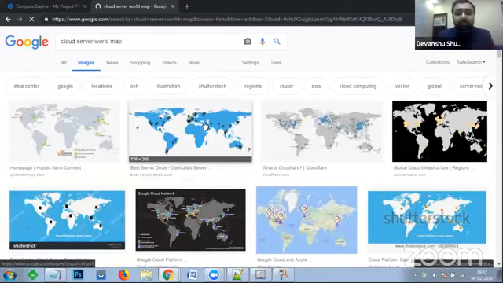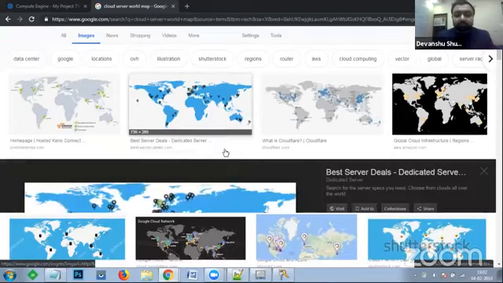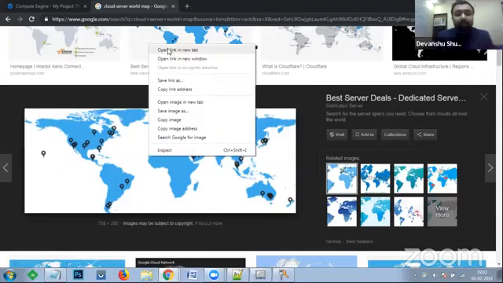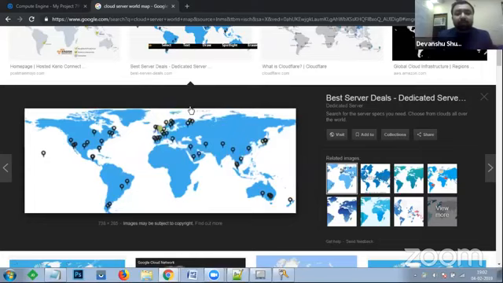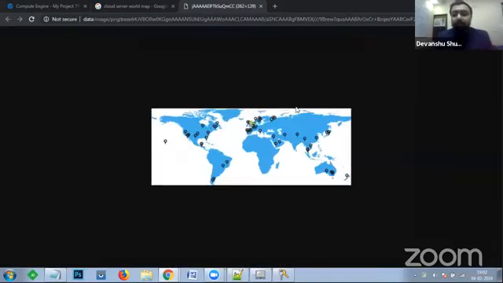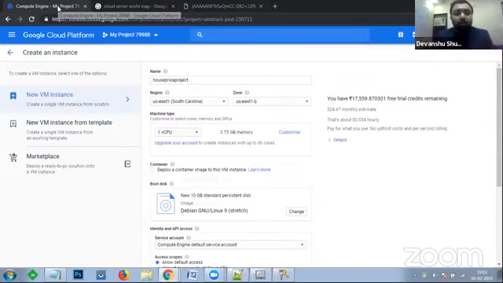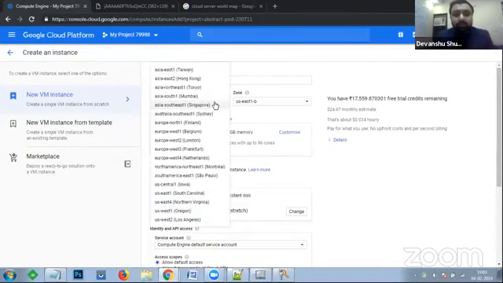As you see here, I've got some dedicated server kind of images. This image is taken just for explanation purposes. You don't need to worry about it. This image is going to be an example image, which I will be taking just to explain how you should select the server. If I open this image in a new tab and make it a little bigger, here you can see that when you have to select the server, there are many regions available. You can create your virtual machine